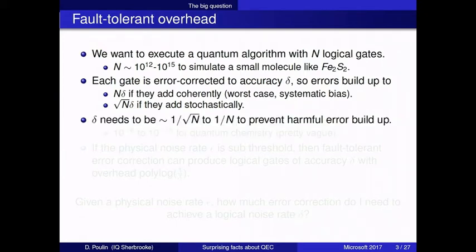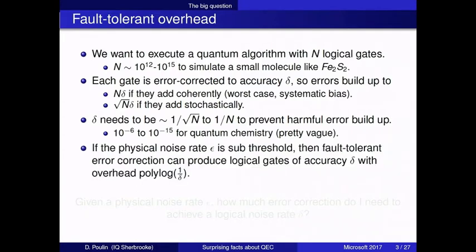And this tells us that delta, and I'll consistently be using delta for the error in the logical gate, needs to be such that the logical gates are accurate to either 1 over square root of n or 1 over n. So given these numbers, that gives us a pretty rough ballpark, 10 to the minus 6, 10 to the minus 15, right? That's what we need to be shooting for. And in this talk, I think it's fair to say 10 to the minus 10. Okay, that's what I'll be using as an example. So we want gates that are accurate to 10 digits, let's say.